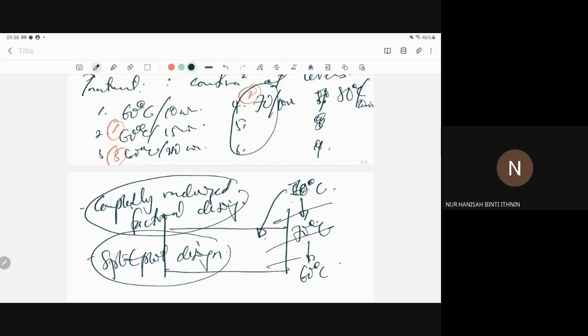How do you know this? How do you make this kind of decisions? By going into the lab and